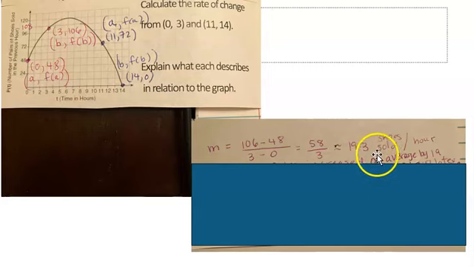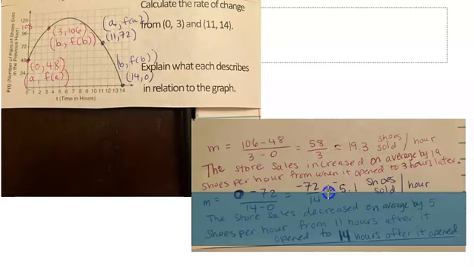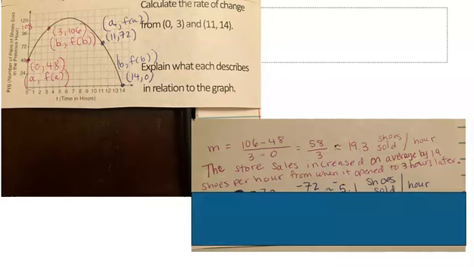Because this is a rate of change, you need to make sure to include your unit, so it's telling the story as to what's going on in this problem. So this is going to be 19.3 shoes sold per hour. So if I want to explain what that means in terms of the situation, I wrote that the store sales,